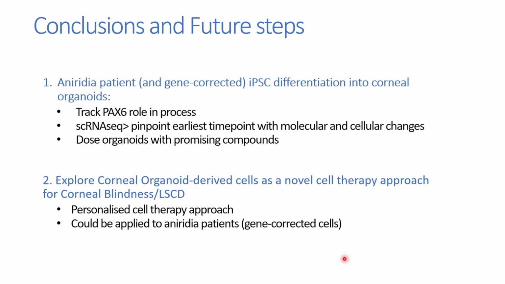And then we can target that with certain drugs. Like Martin, for example, mentioned earlier, we're also quite interested in drugs that are already out there that could save us time for clinical trials. So we're looking into drugs that have already been approved, to see if we can target these changes. And then we can also use the organoids for dosing, so we can add the drugs to the organoid and see the effects. And then for the newer project, to explore their potential as a cell therapy approach.